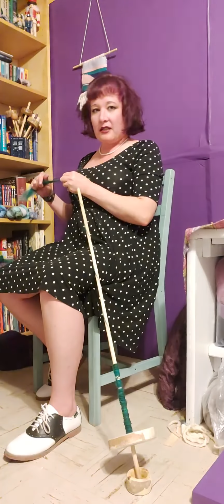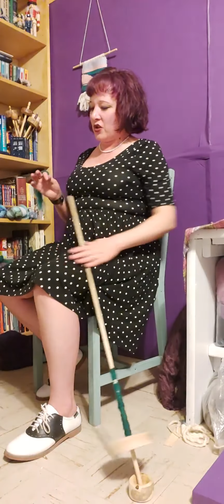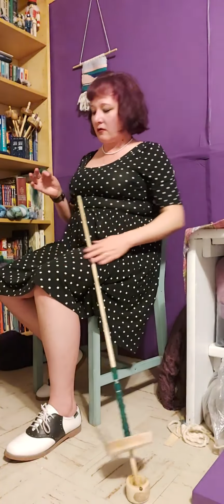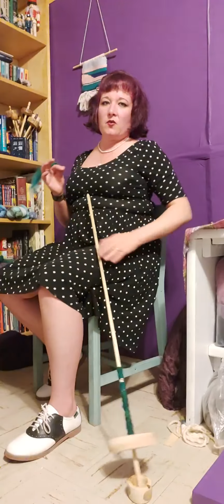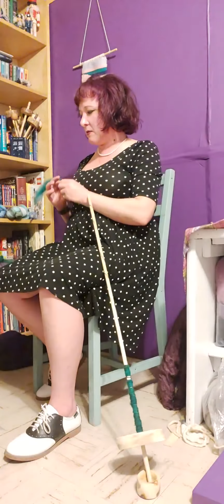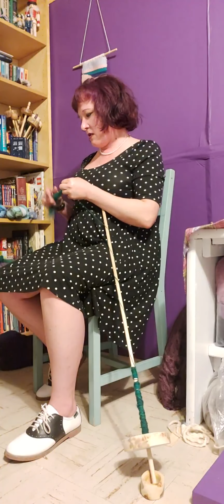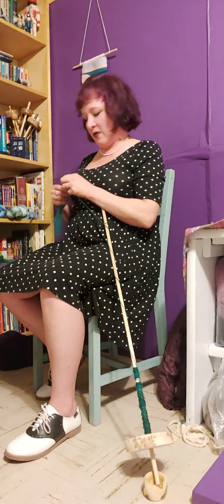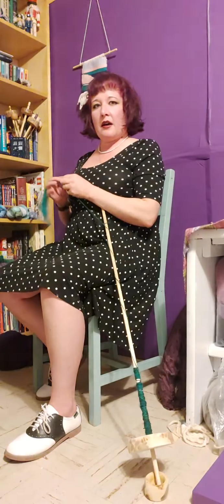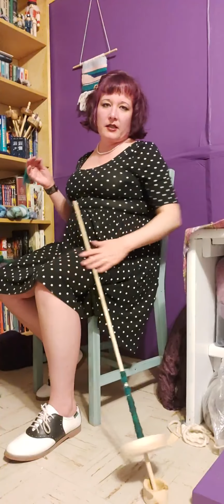So that's pretty much it. I'm going to get a bunch of this done so that I can show you how to ply on it, but I'll probably spin this whole green braid and then the black before I show you the plying video on this. But it's a nice straightforward